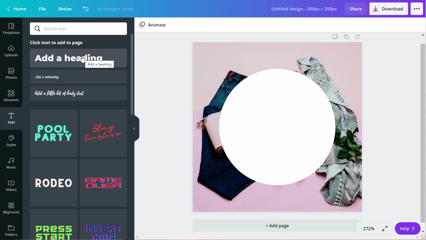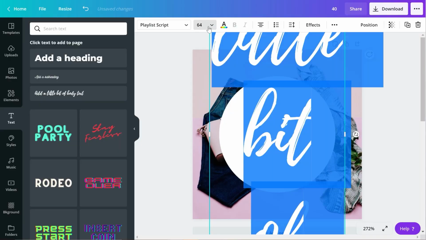You can use 1 or 2 different fonts, doesn't really matter. Just make sure that the font is big and easy to read, because you have to think about the fact that these boards are going to be on a computer or a phone. They're going to be really, really small. So you want to make sure the text is easy to read and big enough so that people can actually read it. Use this pretty text here.